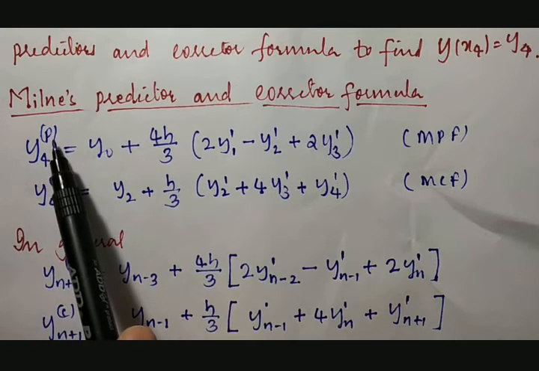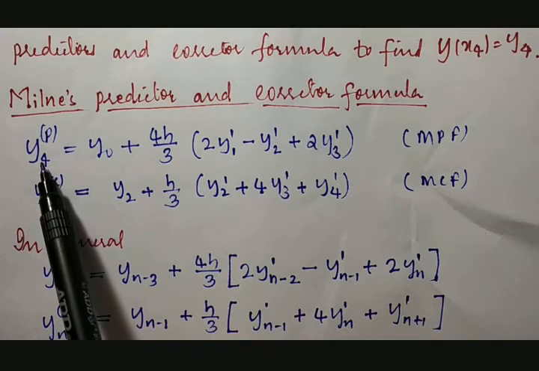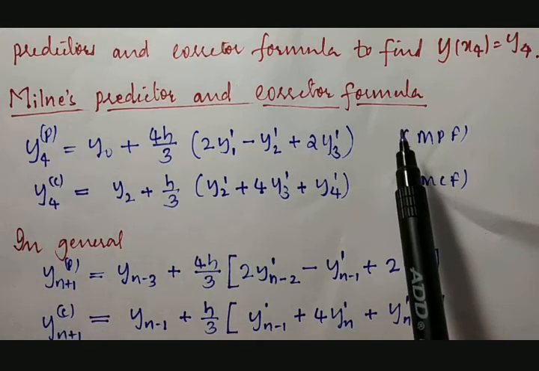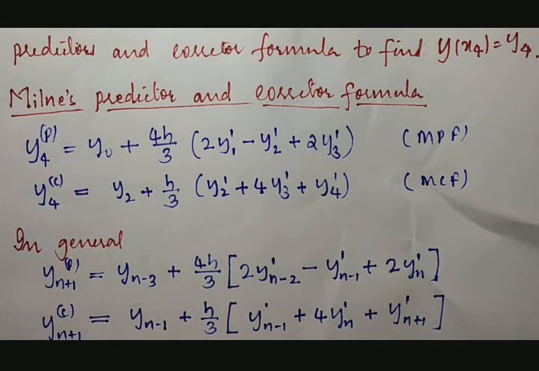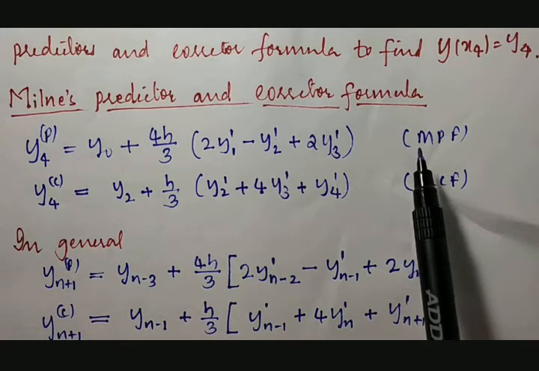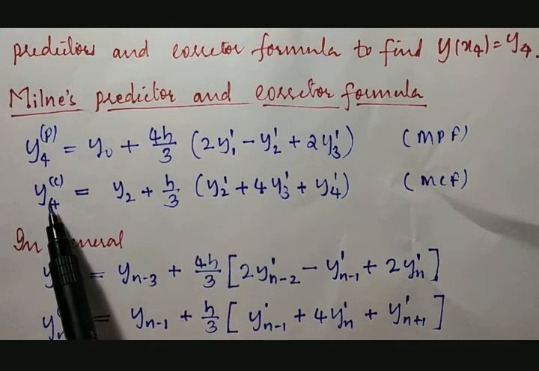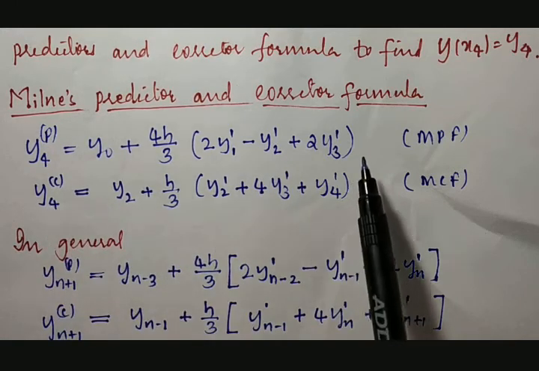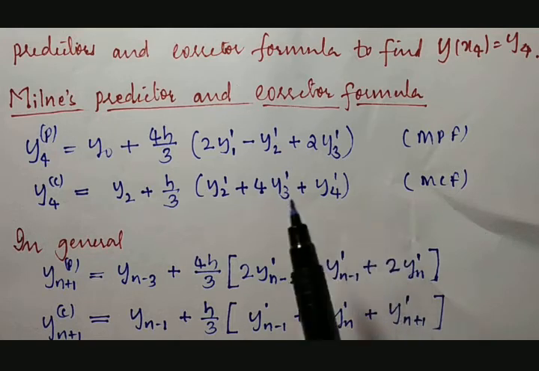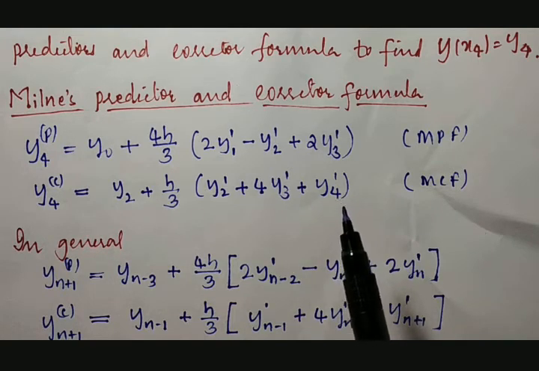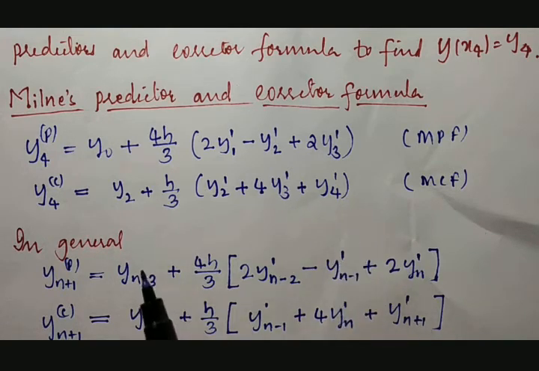So there will be one value for y4 which will be predicted. Then to check whether that predicted value is right or wrong, or whether it is accurate or not, we go for its correction. After getting the correction, we'll come to know whether our prediction is right or wrong, or